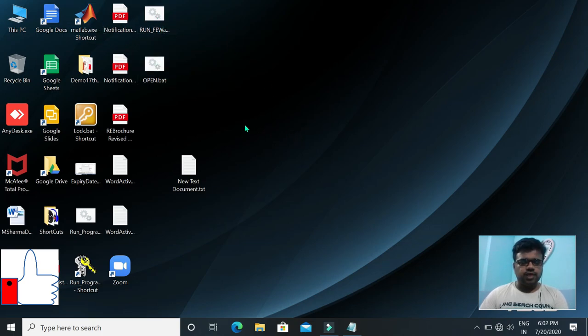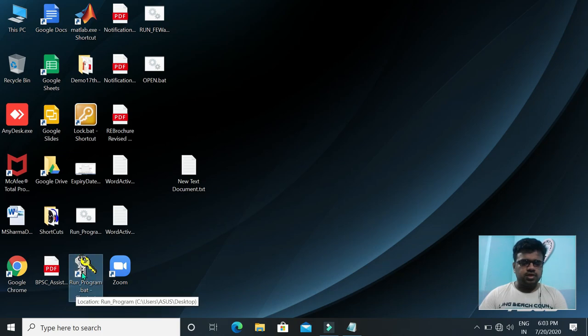So if you make a batch file for opening multiple applications or a single application, by running the batch file you can open any application at the same time. If you are used to opening some selected applications for daily purposes, then it will be very helpful for you.